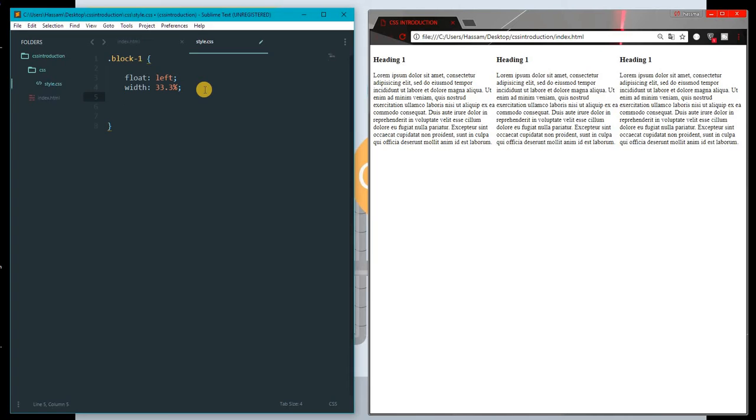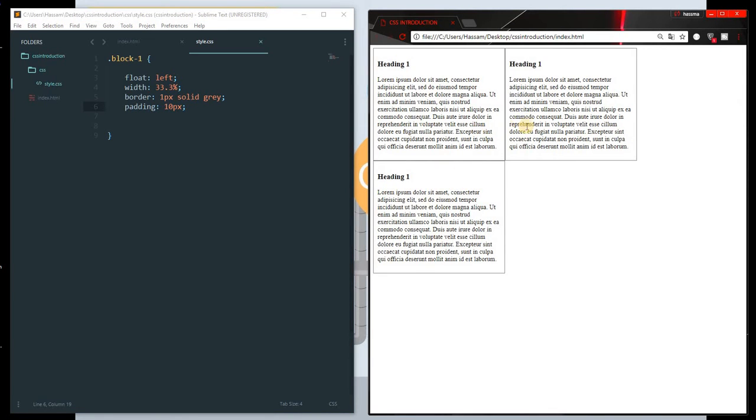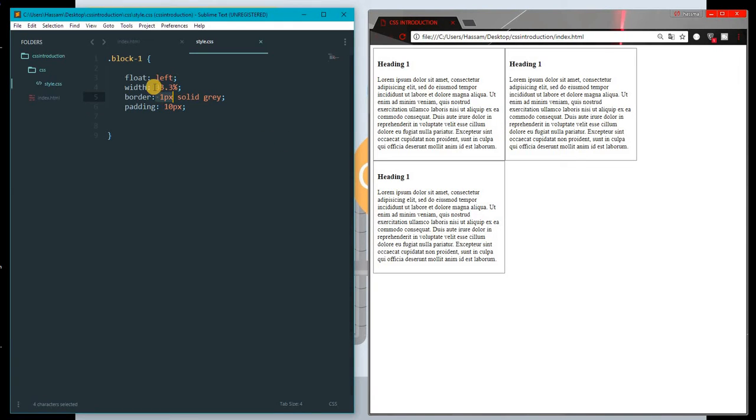Let's add a padding and border to it. A simple border, 1 pixel, solid and gray. Border and padding, 10 pixel, save, refresh, and now it's floating left actually, but the thing is this padding and all this border width are coming outside of the area. So there is a small fix for this, and that is called